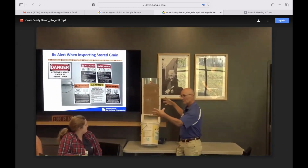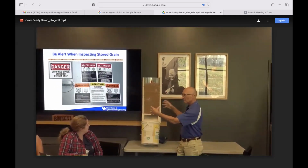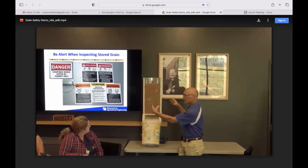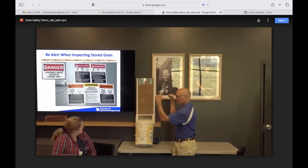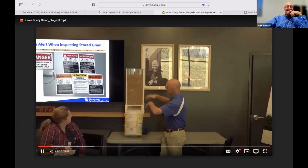Bins need to be centered like most bins are, because then you get a uniform decompression of the pressure. When a bin's loaded, it wants to push those walls out, and as it's unloaded, it's causing